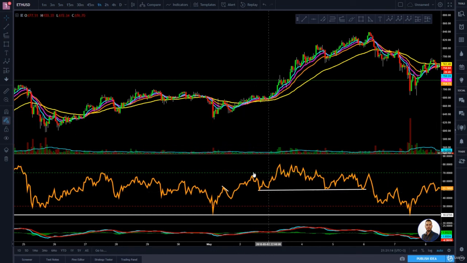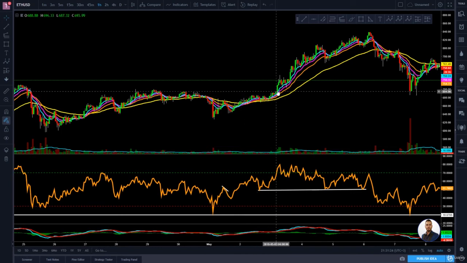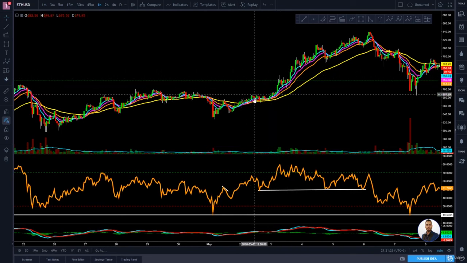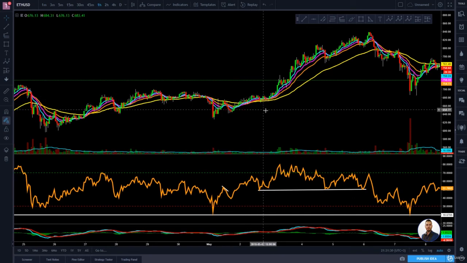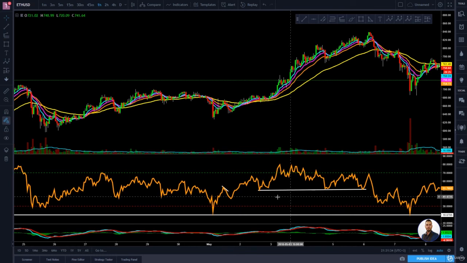And now, because we bounced from this 40 range, I would expect it to hold again. So I am not considering selling just yet, because if you look at the price chart, the candles are hovering above the moving averages. And a crossover happened of the 55 moving average to the upside, so I have no reason to sell just yet. As expected, this 40 range right here acted as a support for the RSI,